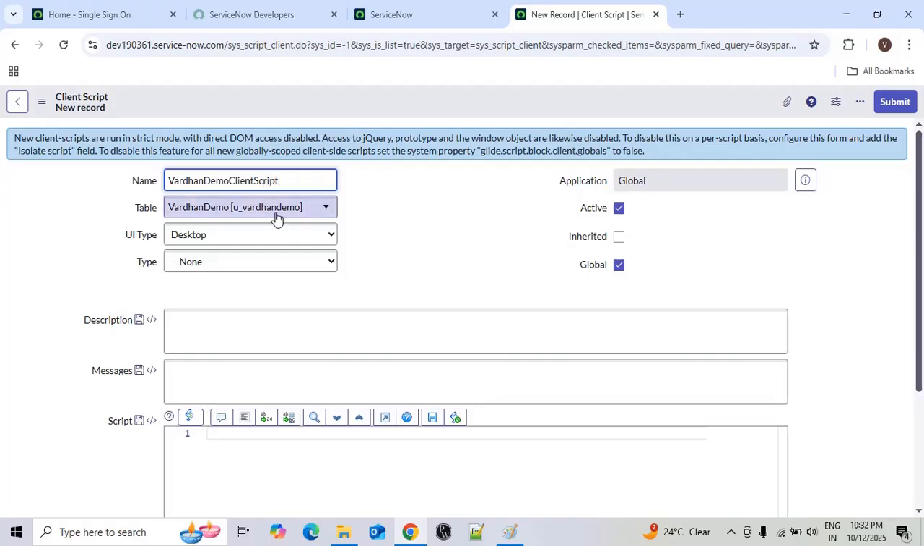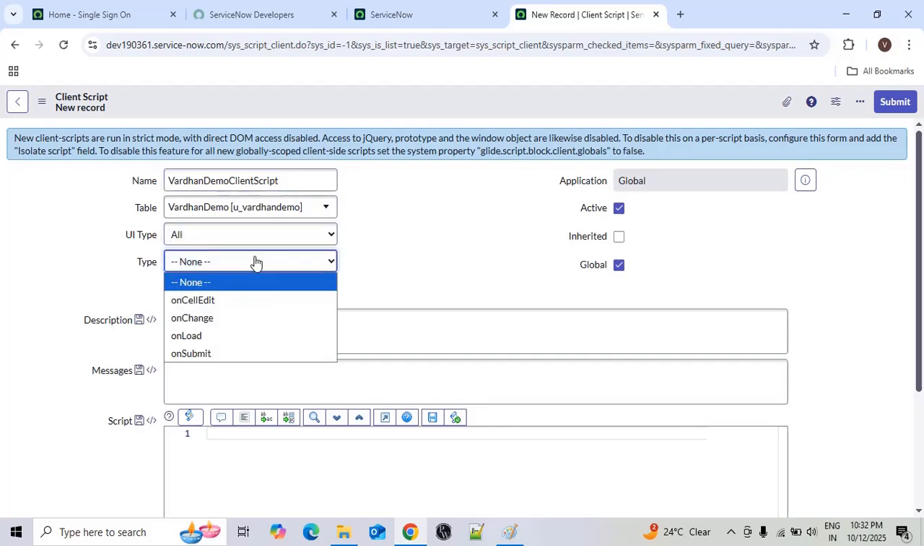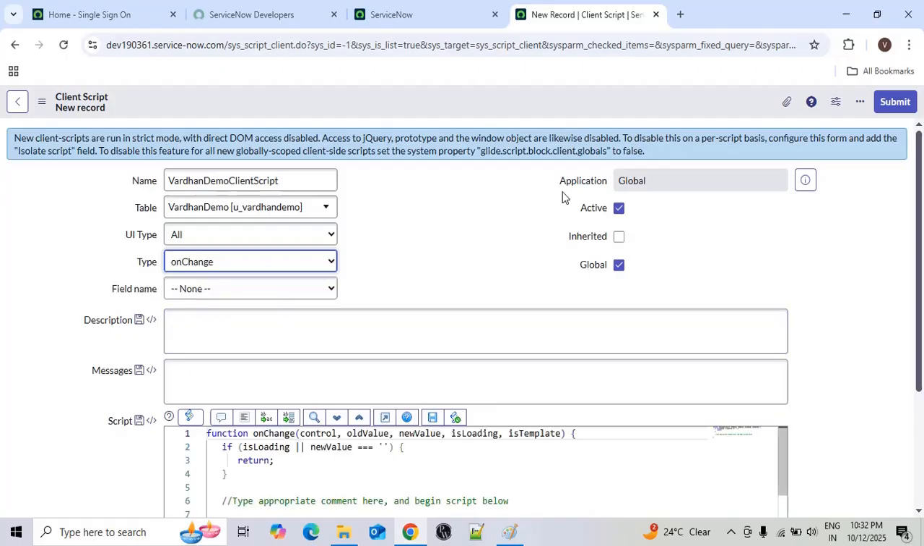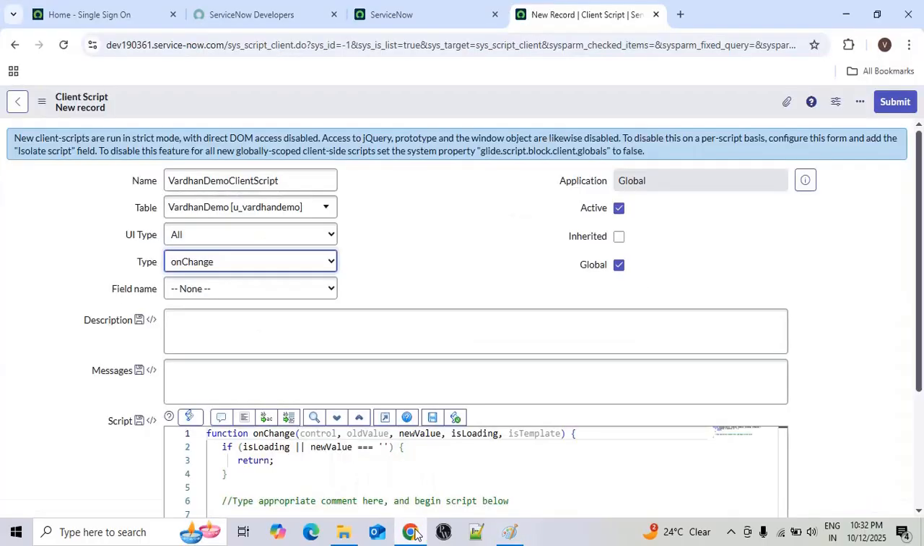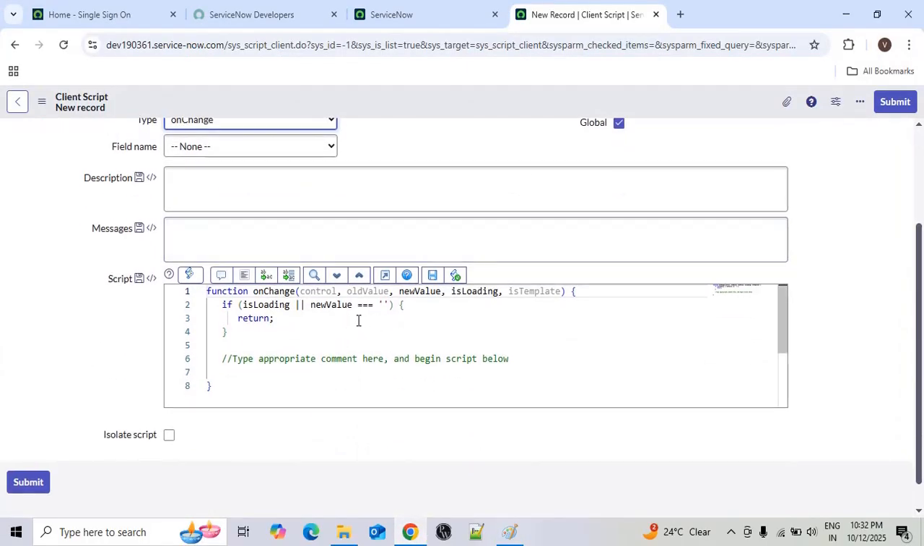This is the name of the client script. Whenever you right click on the table, it is getting a table Vardhan demo as a table. In the UI type, select all. In the type we need to select onChange, because whenever you select any value, based on that it has to populate the values as first name, last name and email, right? Go down here. Let me write the code and I'll explain how to write the code in the client